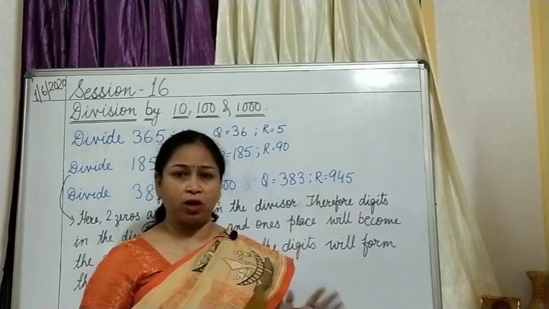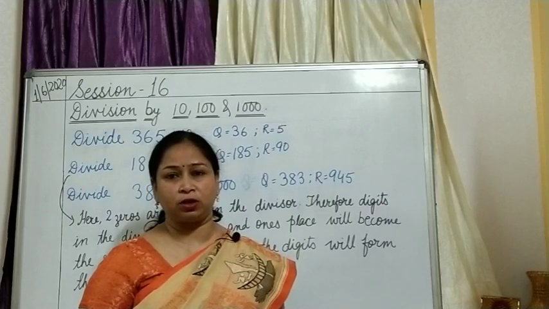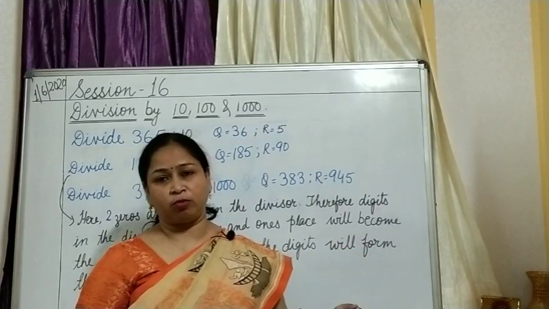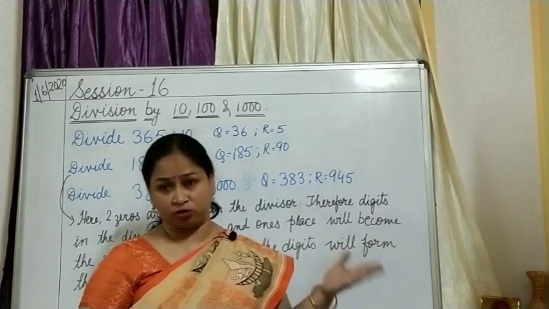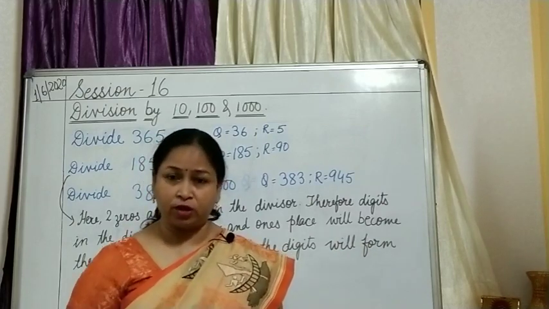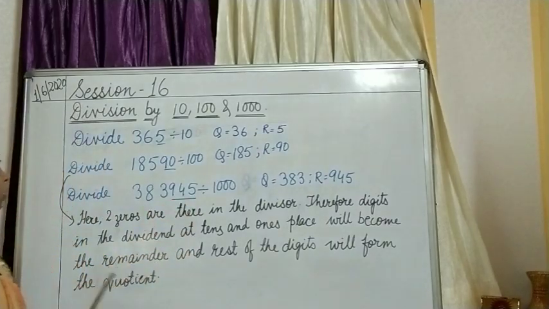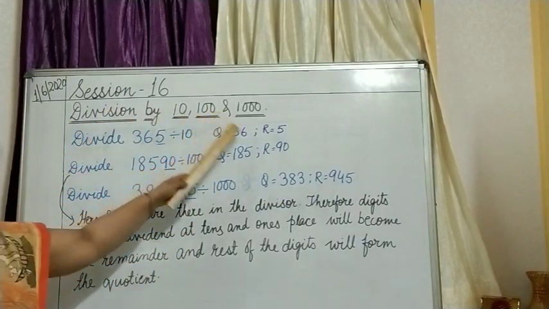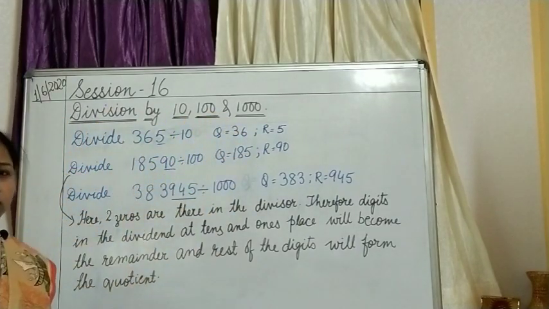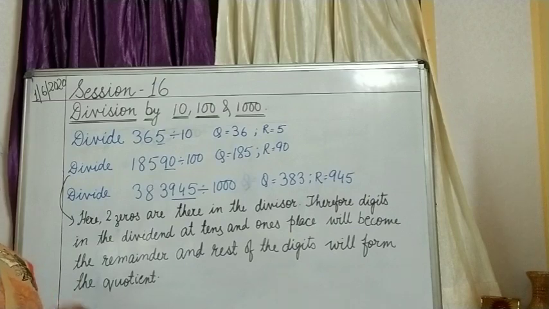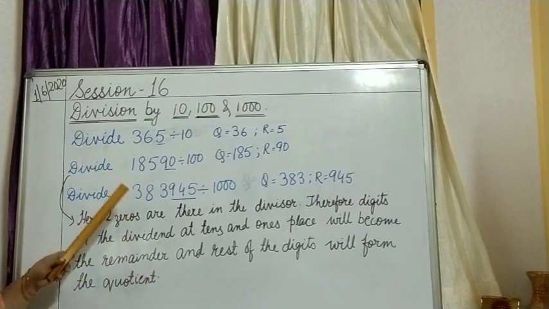Okay, since both are very much similar to each other and some properties are there, let us learn the properties, how to do this with the tricks, okay, and then we will finish up the exercise. Okay. So I have taken some examples over here. Division by 10, 100 and 1000. I have just taken 3 examples. Later you can have more and more examples. Okay. Only these 3 are there in your exercise. That is why I have taken. For example, I have taken